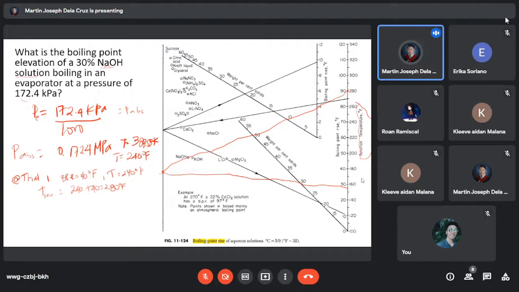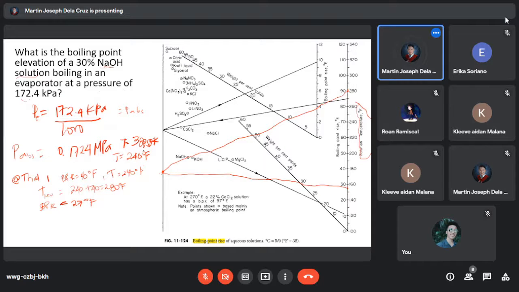Yeah, sakto. So, anong nakuha nyo dito, class? Anong BPR na nakuha nyo? I-take note, class, na ito yung BPR niya, no? Sa left side. Kung right side, ito yung temperature natin. Ito naman yung boiling point rise niya. So, I got 27 degrees Fahrenheit